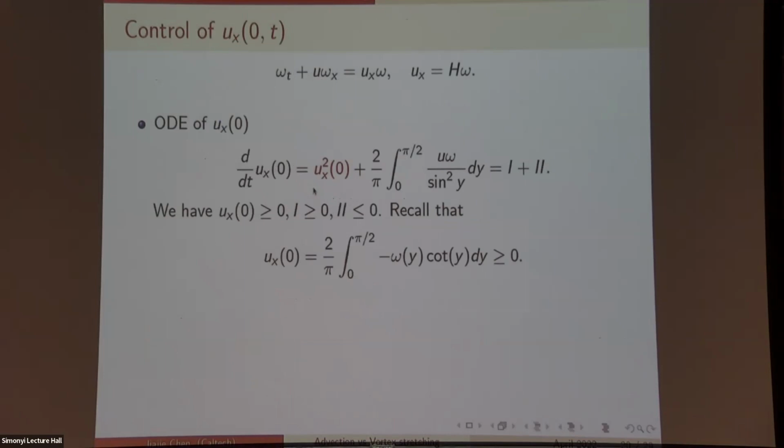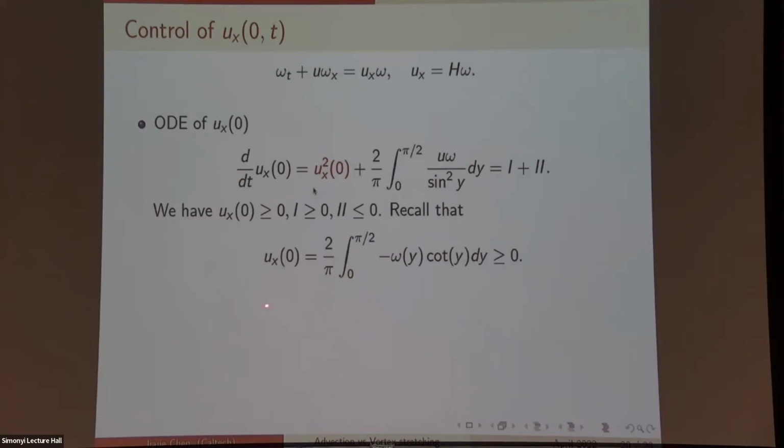The most difficult part is to try to control this quantity. One natural approach is to try to derive the ODE of this quantity. Because this quantity is positive, the right side, this quadratic nonlinearity, is a bad term. It is a very bad term. It suggests that this quantity can actually blow up. For example, if one removes this term, then this naive ODE shows that this quantity blows up. And in fact, in our CFR blowup result, this quantity does blow up. So due to this difficulty, this evolution inequality is not a good equation to estimate this quantity.